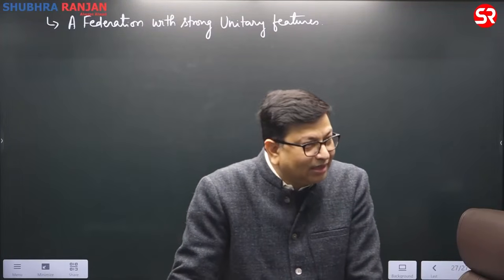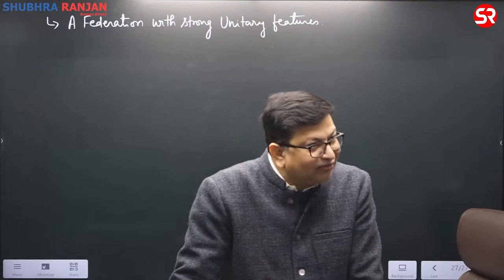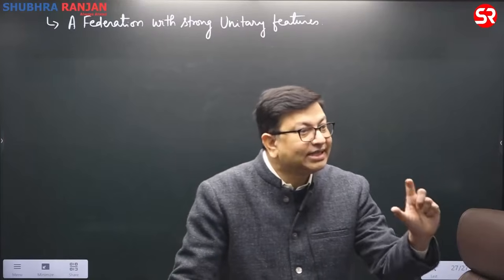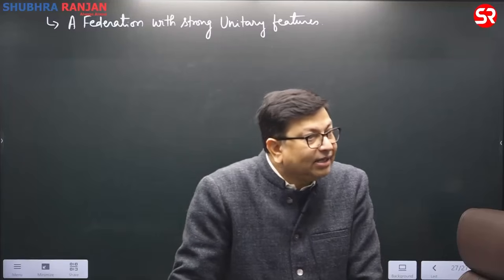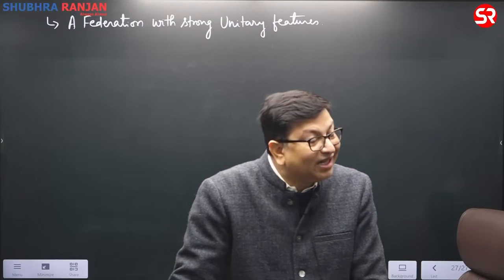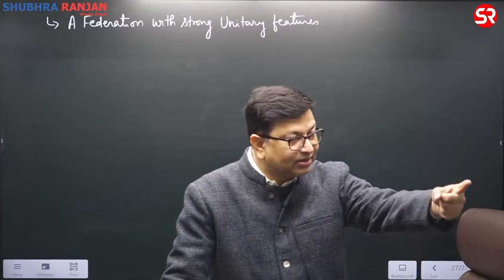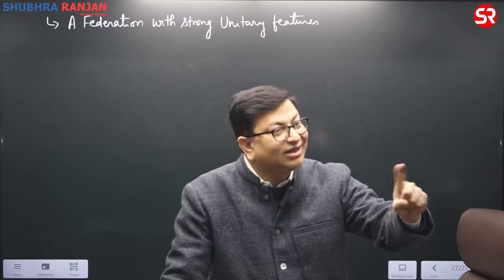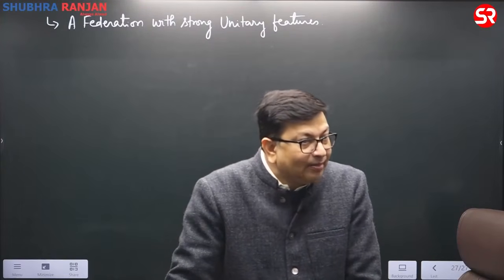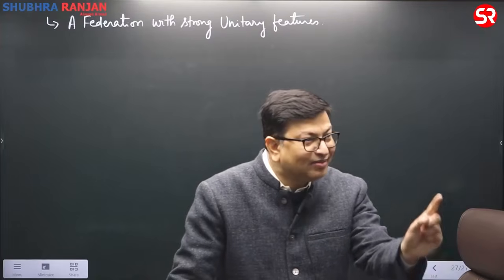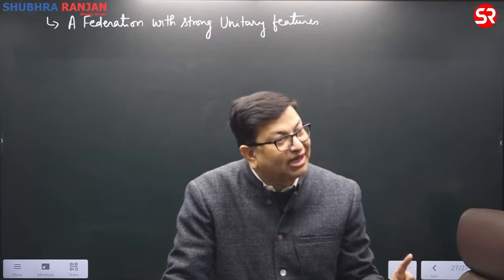And for the Senate, one third of the members retire every two years. Their term is 6 years. So the things that we follow in India. But the basic difference is that there also the members of the Senate are elected directly by the people. After 6 years, when you have gone, they will elect another representative. So they are also directly elected by the people. This is the basic difference. But in our country, the members of the Rajya Sabha are elected by the elected MLAs. But there the people directly elect the members of the Senate also.